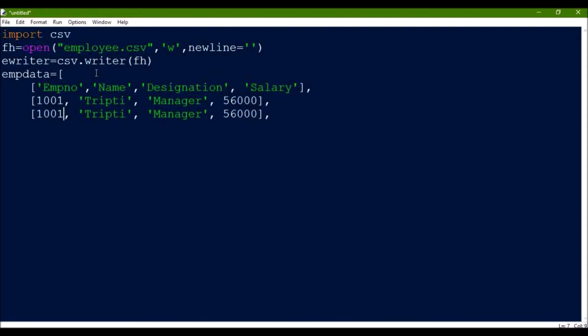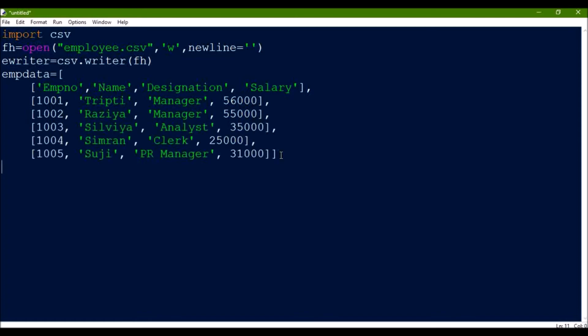Here we'll change the ID, and then we have to use the function writerows. So eWriter is the object, and then writerows, because we have to write multiple rows at a time. So writerows, and then the name of the list is emp_data.